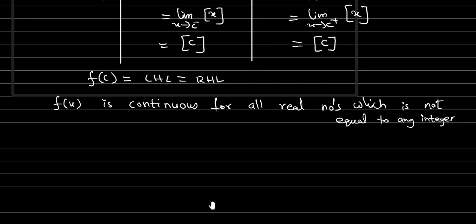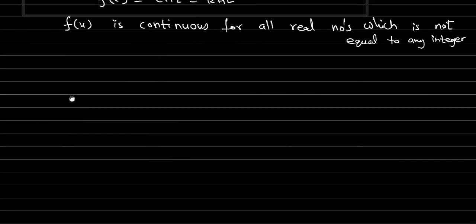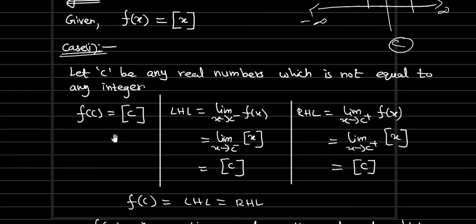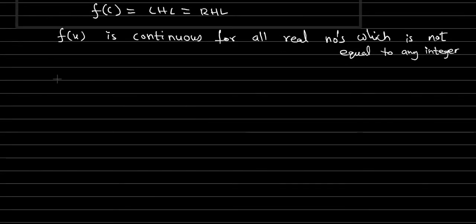So in case 1, we tested only the real numbers excluding the integer part alone. Now in case 2, we need to take only integers. Okay, in case 2, because then only the checking condition will be finished, right? So we need to check for all the real numbers. So we excluded integers, so in case 2, I am going to consider only the integers. Case 2. So that throughout the real line, continuity testing will be done.